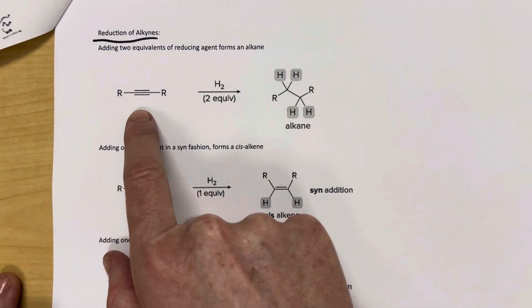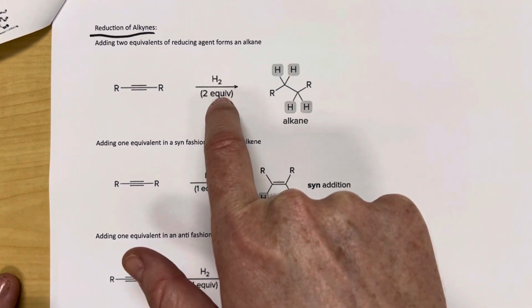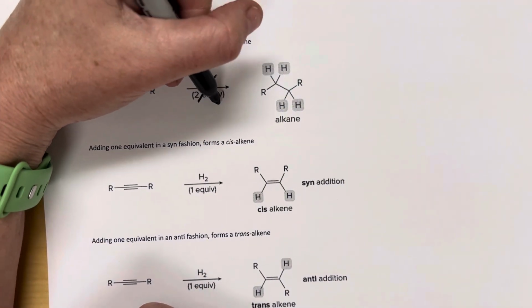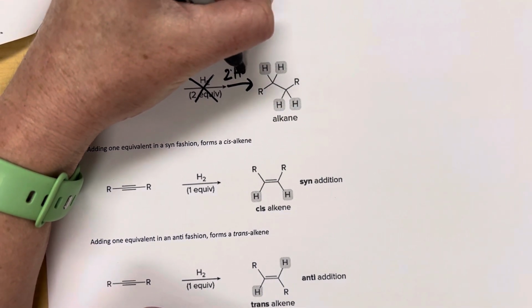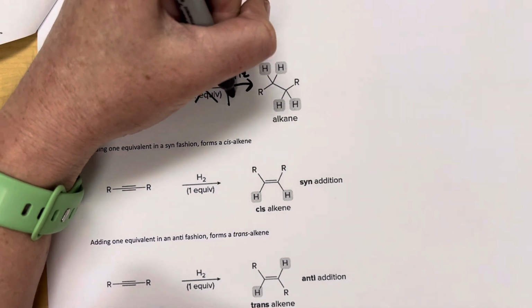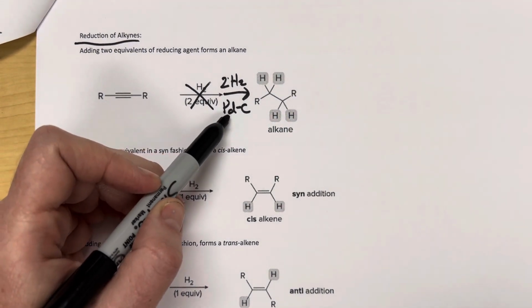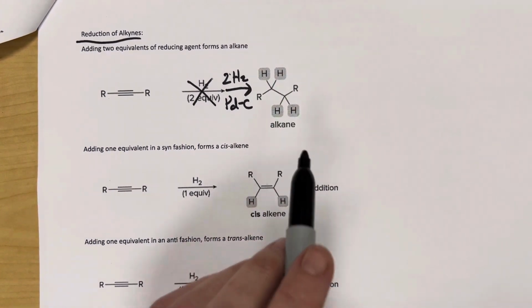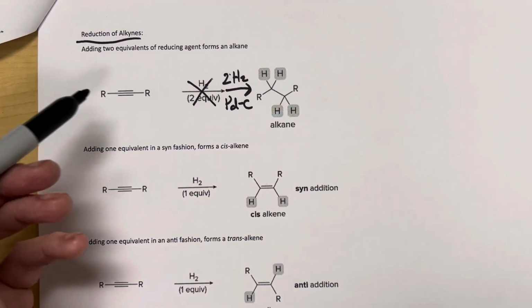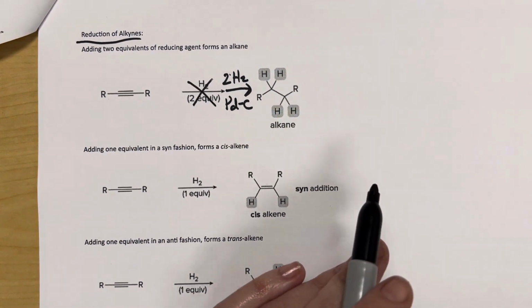If you take an alkyne and you react it with a very specific H2 parameter, so I'm not even going to do this, we're going to react it with 2 H2 and PDC. So a very specific catalyst that we're going to use. The reason we're going to use PDC is it's really strong. So it can take a triple bond and it will go all the way to an alkane. And we'll learn pretty soon that we won't even stop. We'll just go straight from the triple all the way to the alkane,